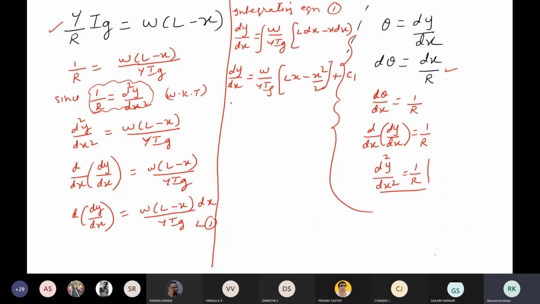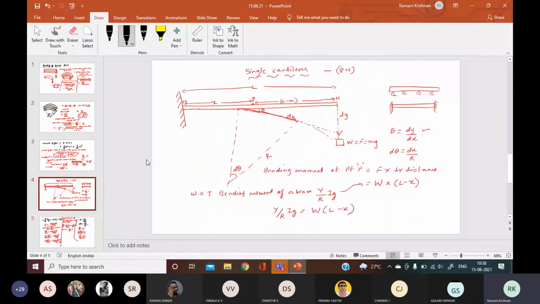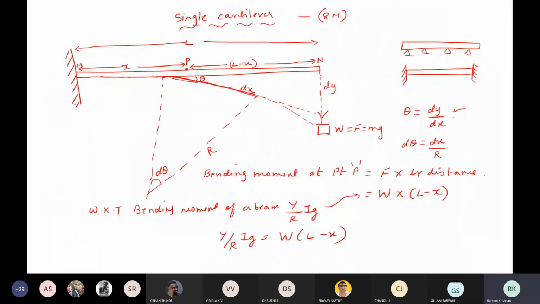So it's not very difficult. If x equal to 0, what is dy by dx? I'll show you the diagram and then you will tell me the answer. Students, I'm asking you at this point, if x equal to 0, that means point P has come to point M. What is dy by dx?